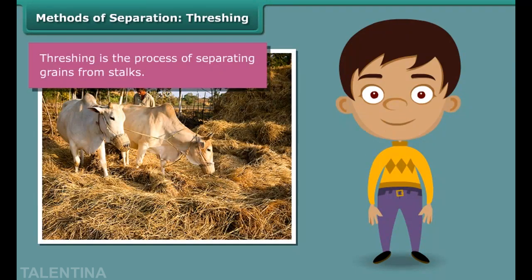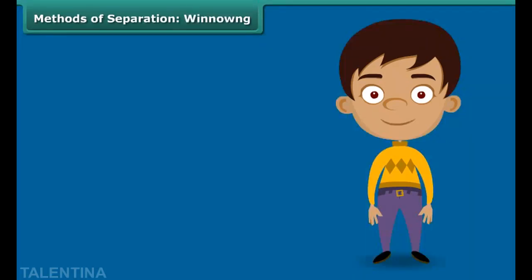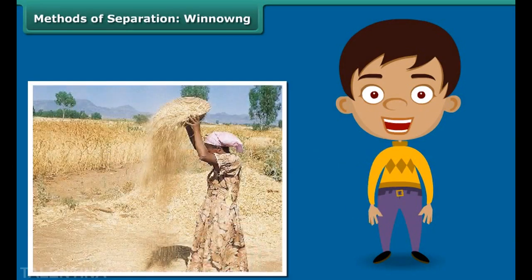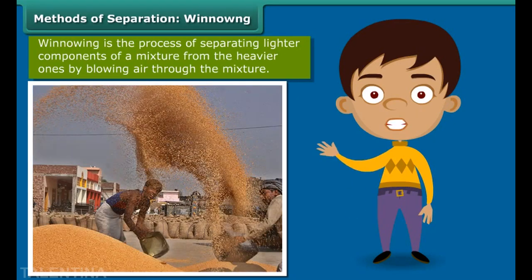Bullocks, oxen, and machines known as threshers are also used for this purpose. During your numerous train trips down your countryside, you would have noticed women standing at a height, shaking a basket held over their heads continuously. They are separating the grain from the husk by simply allowing the wind to blow away the husk and other lighter impurities. The heavier grain falls down on the ground in a heap. This process of separating impurities from the grain by allowing a current of air to blow away the lighter impurities